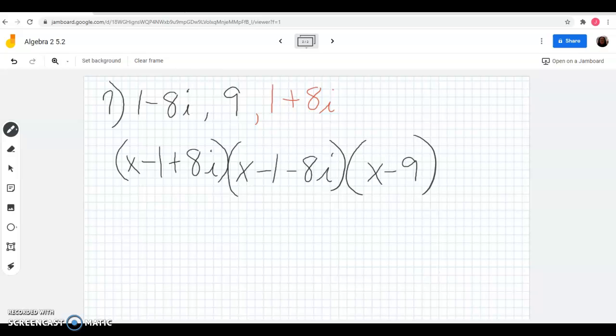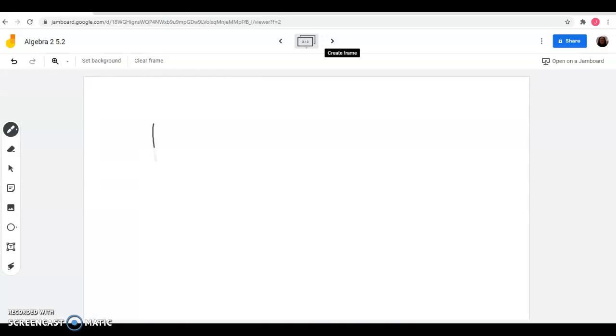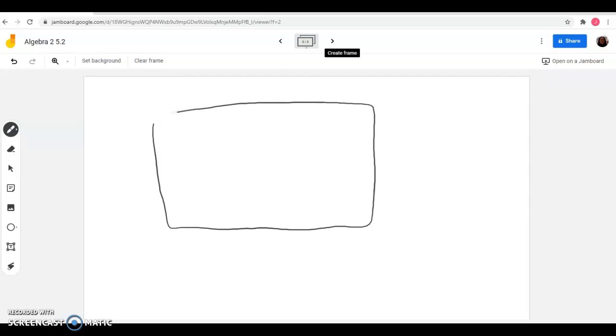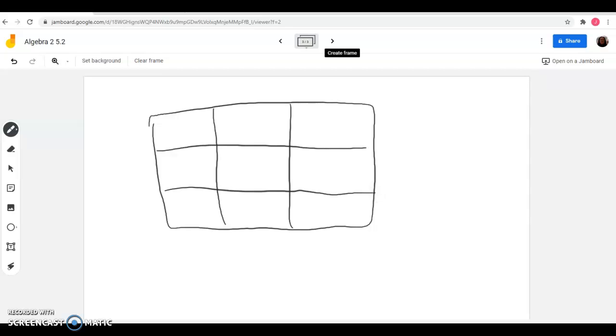So again, the same thing here. What I would recommend you do is create the box, and this time you're actually going to have 3 terms. So we're going to have to make enough room for 3 boxes on the top and 3 on the side. So we're going to make a 9-section box, a 3x3 box. So I'm actually going to go to the next page and create it, write the terms out and multiply it to show you what's going on. So we're going to take this box here,